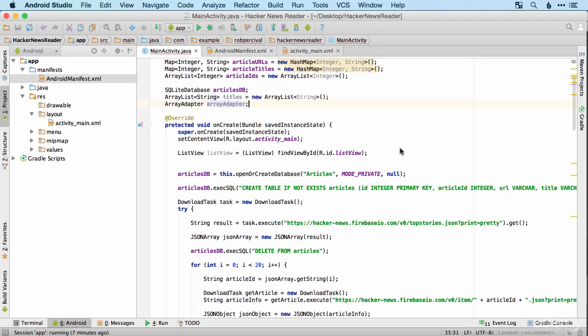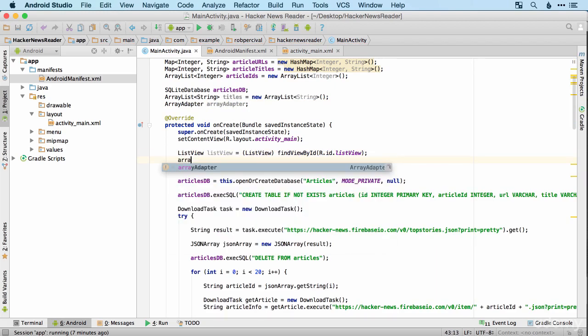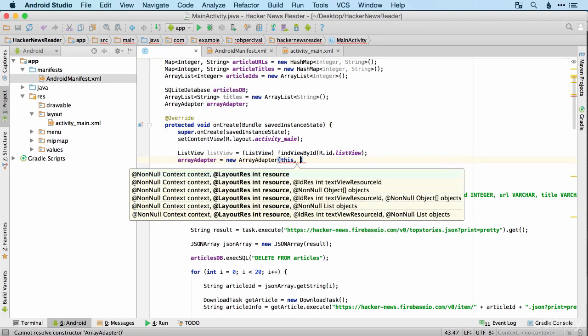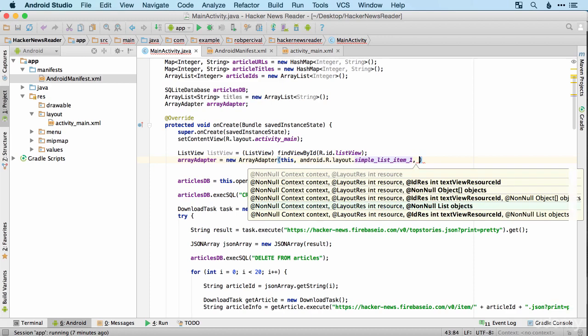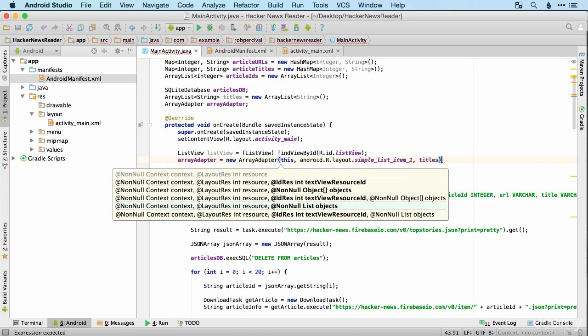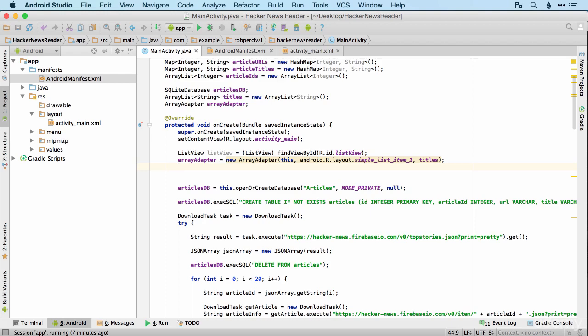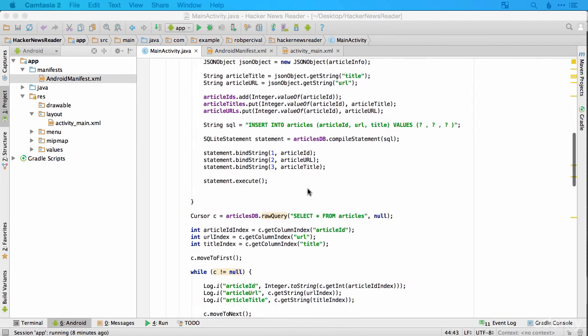So array adapter, and then we'll use that here. So array adapter is a new array adapter using this and android.R.layout.simple_list_item_1 and the titles array list. And then we'll link that up with the list view, even though it's empty at this point. So at the moment that will give us an empty table. So let's scroll down and